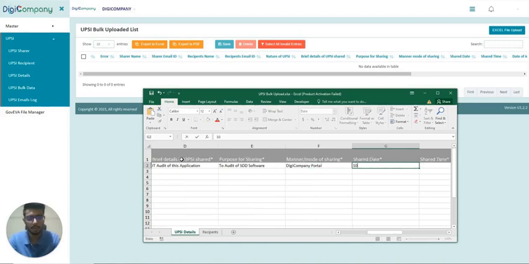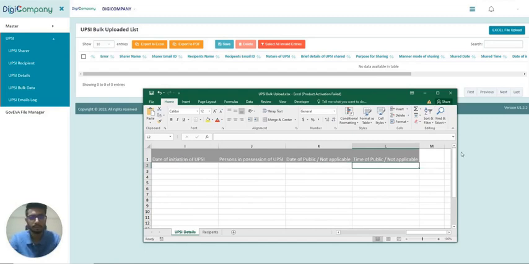Shared date can be 10/10/2023. Shared time can be, let's say, 01:00 PM. This is not mandatory, so I will keep it as it is. I'll simply save this file. You can add multiple entries if you have. Similarly,